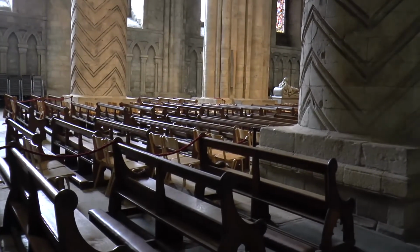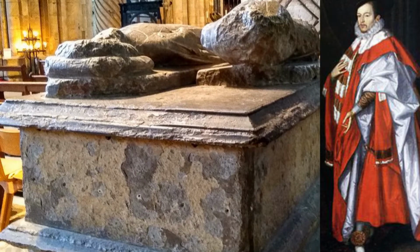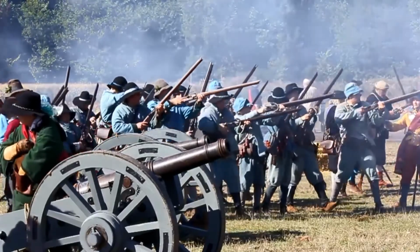Between 2 pillars in the nave is the tomb of Ralph Neville, the 2nd Baron of Raby, and his wife Alice. They were the first people to be buried in the cathedral who were not members of the clergy. Lord Ralph led the English forces to victory against King David of Scotland at the Battle of Neville's Cross